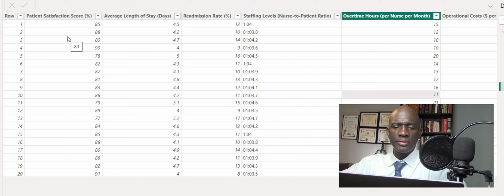What is the average length of stay? Now that'll be able to tell us that the average person's length of stay could be longer, shorter, or pretty much on average, if the patient satisfaction score is a certain